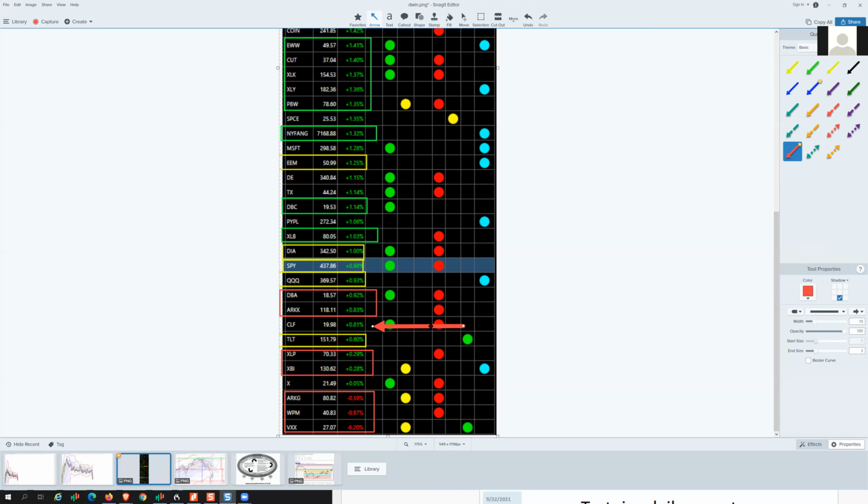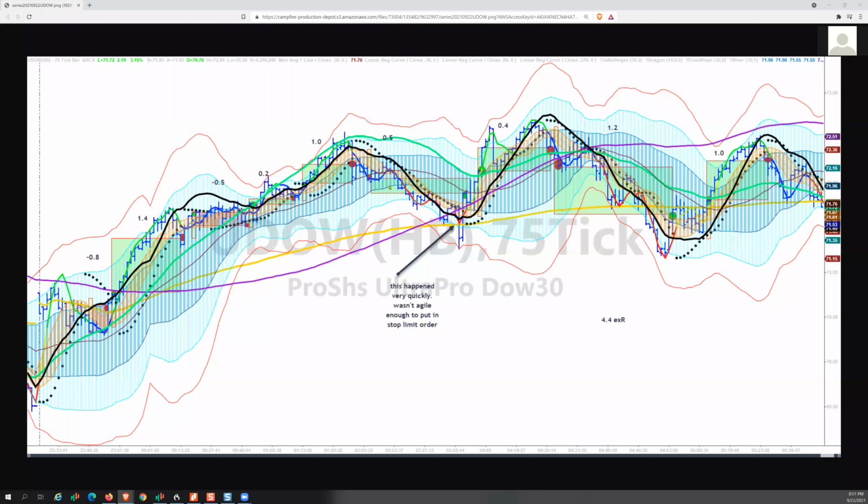We had just one chart posted. Again, if you want feedback, post the charts in the chat room. That's how that works. UDow, so this is a triple leveraged Dow Jones Industrials. So we've got, let's see what we got here. So gap up, held here, and when that holds above yesterday's close, that's a really strong signal.